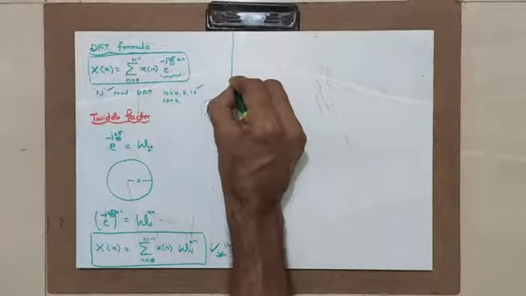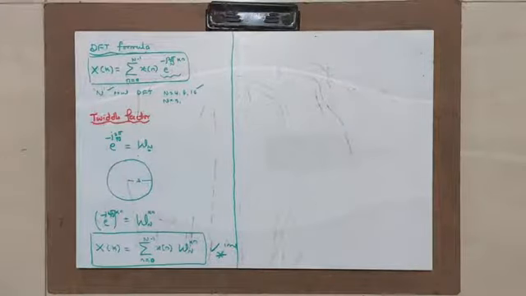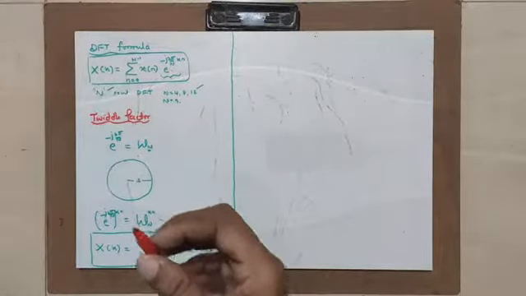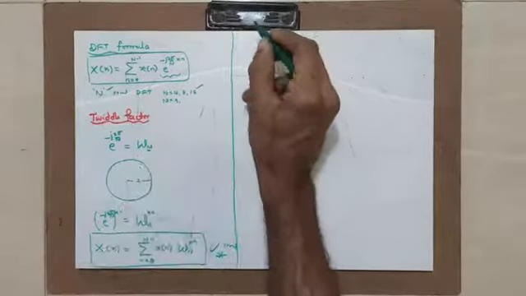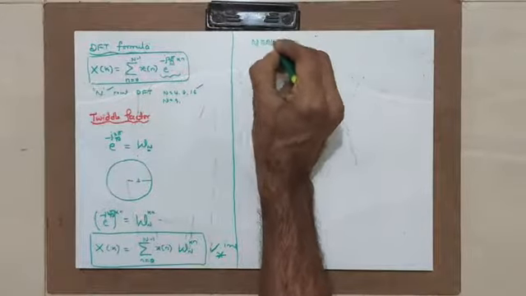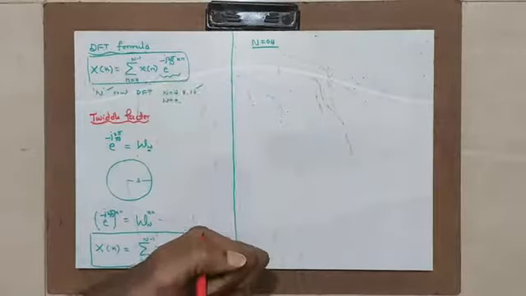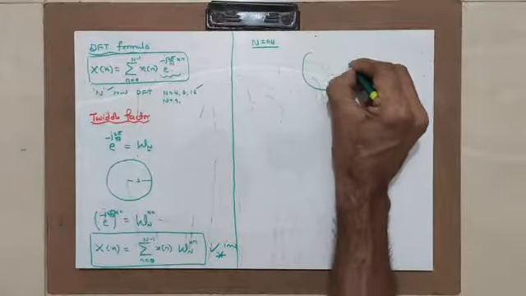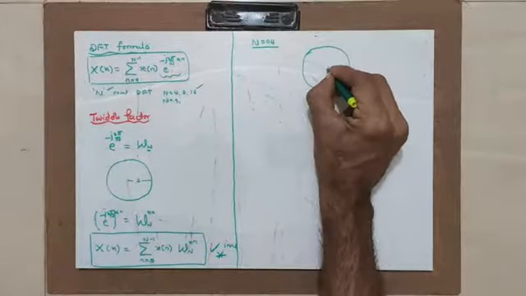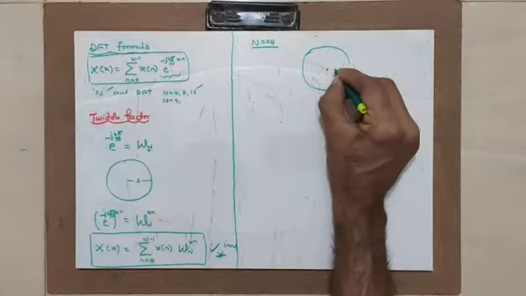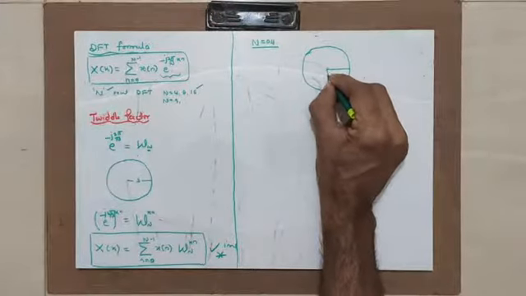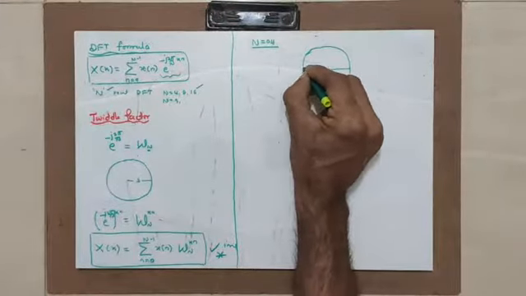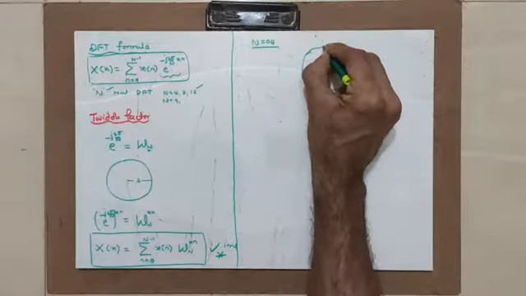Now let me elaborate on the twiddle factor. See, it is a complex quantity. For example, let me take N is equal to 4. Then how will the twiddle factor act? Because N is equal to 4, I am dividing this unit circle into 4 points. This is the first point. This is the second point. This is the third point. Okay, this is the fourth point.